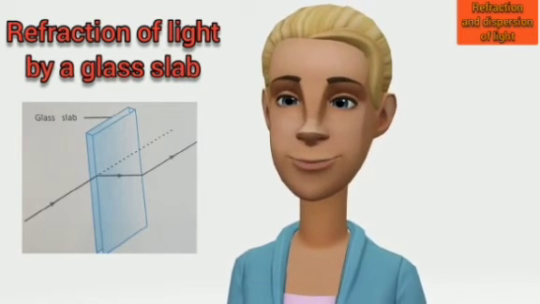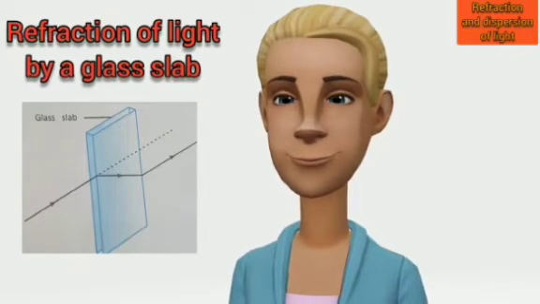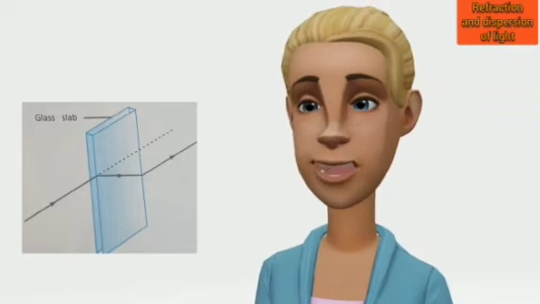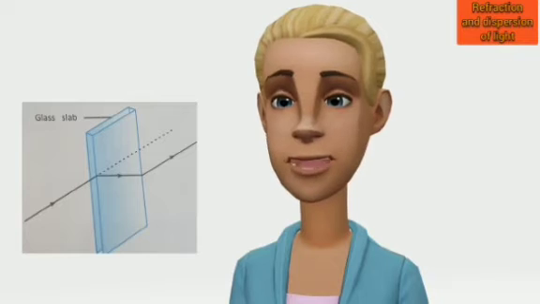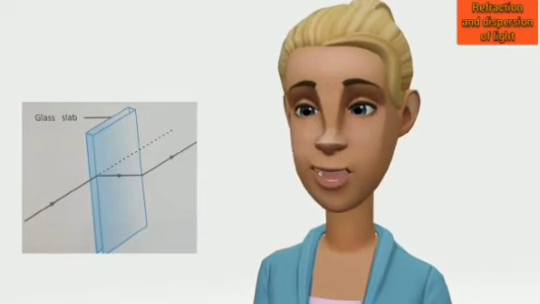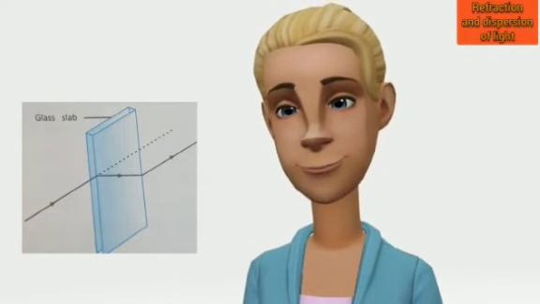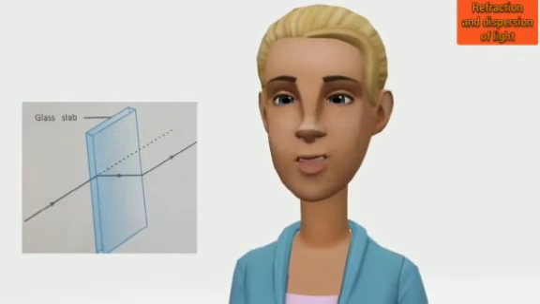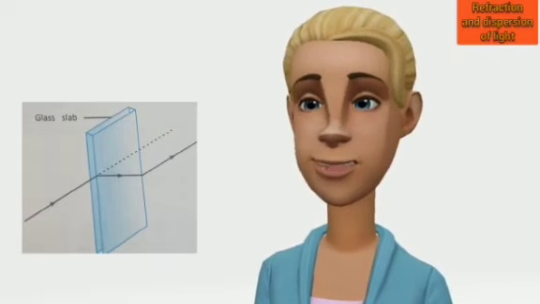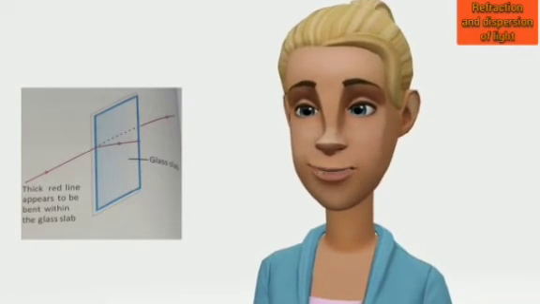A parallel-faced glass slab can be easily used to study the basic features of the phenomenon of refraction of light. Let there be just one very narrow pinhole opening through which a fine pencil of light enters the room. The pencil of light would be visible through the dust particles coming in its way. Now take a rectangular slab of glass and introduce it in the path of this visible pencil of light. We will observe that the path of the pencil of light coming out from the glass slab gets displaced with respect to its original path. This is because of bending of light as it goes from air to glass and then from glass to air. Note that the bending may not be observed if the glass slab is not sufficiently thick.